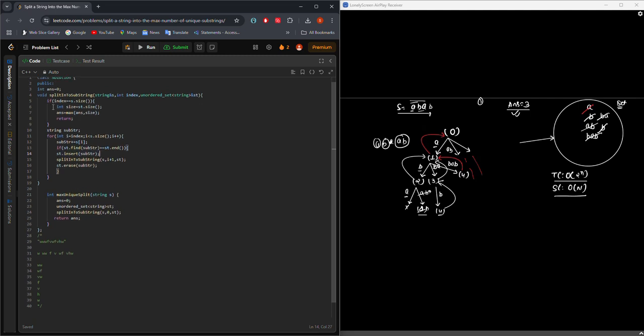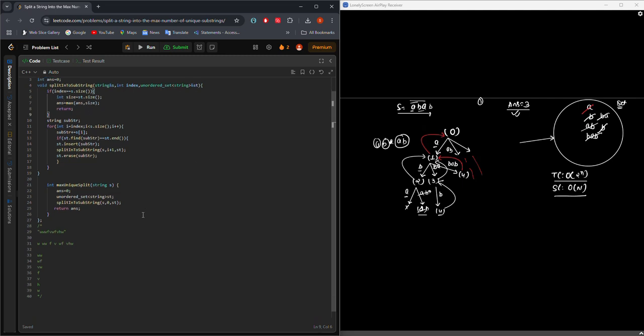After that, when you go out of bounds, every time you take the maximum of the size of st, right? Yeah, this is the approach. Yeah, thank you so much.